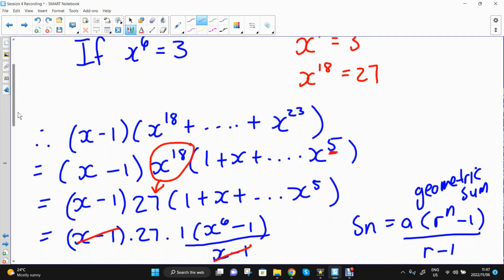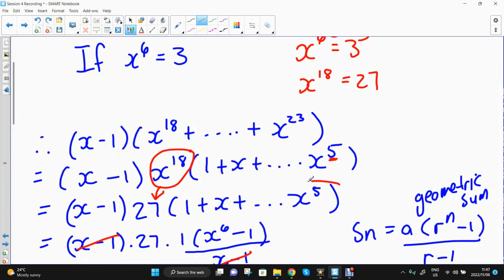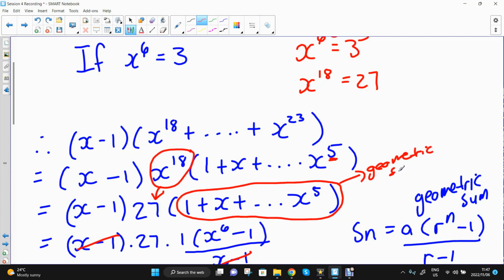What I do then is I'm going to get the sum of this. Okay, so this is a series. We call this a geometric series. How do I know this is geometric? Because I'm timesing by x every time. Times by x, times by x, so you get x squared, then x cubed. So we have a constant ratio occurring here. So I know that this is a geometric sum,